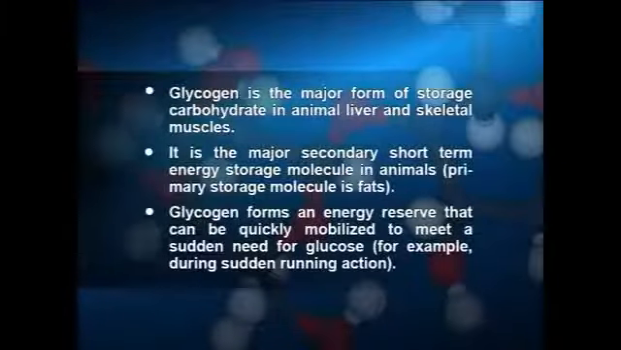Functions of glycogen. Glycogen is the major form of storage carbohydrate in animal liver and skeletal muscles. It is the major secondary short-term energy storage molecule in animals. Primary storage molecule is fats. Glycogen forms an energy reserve that can be quickly mobilized to meet a sudden need for glucose, for example, during